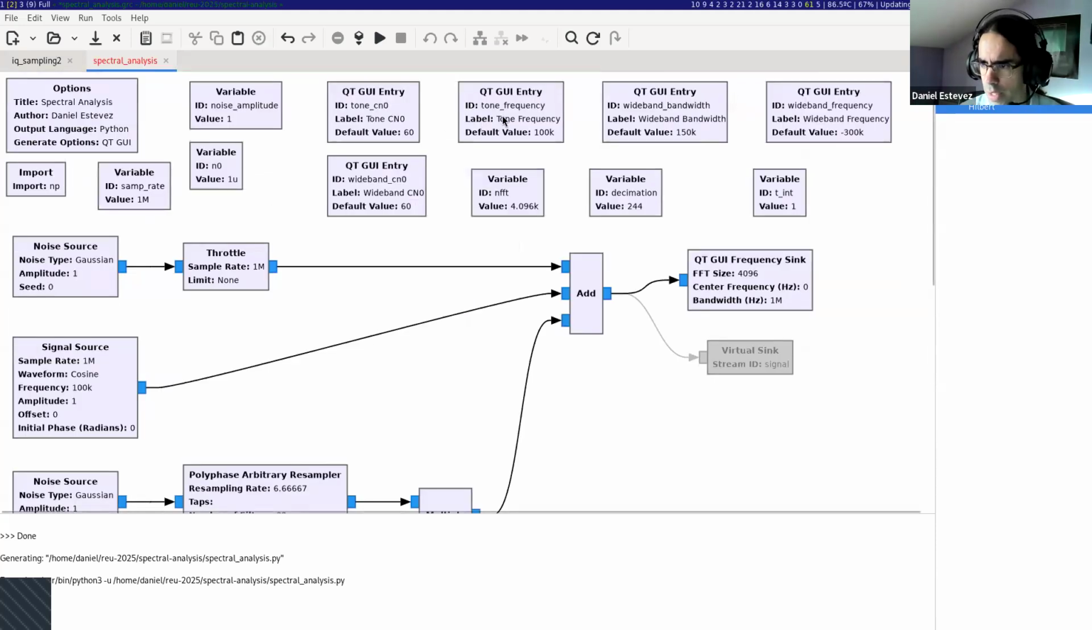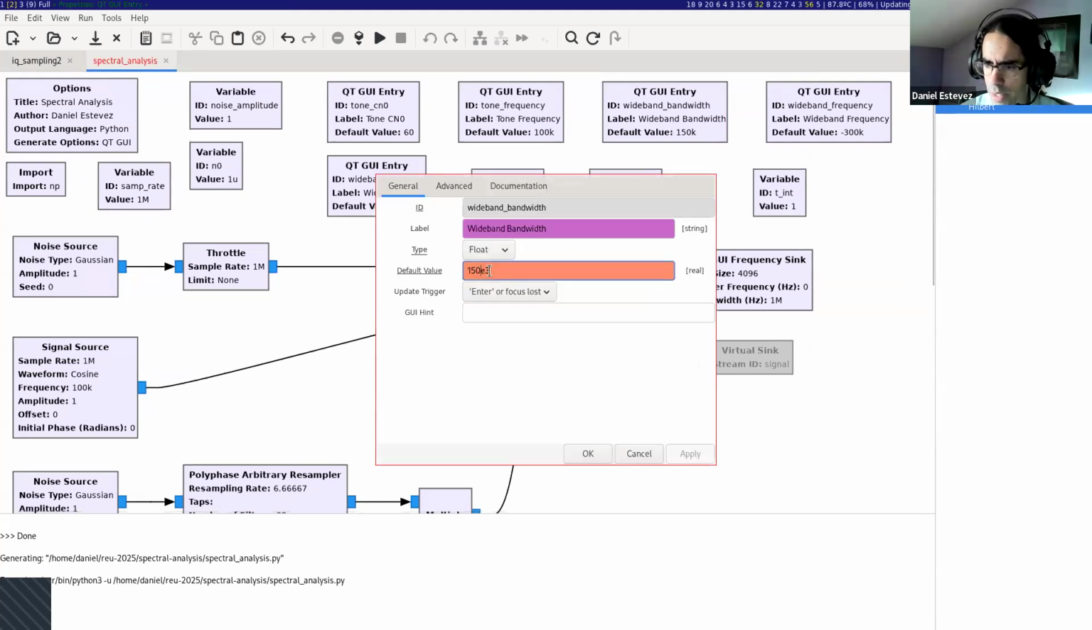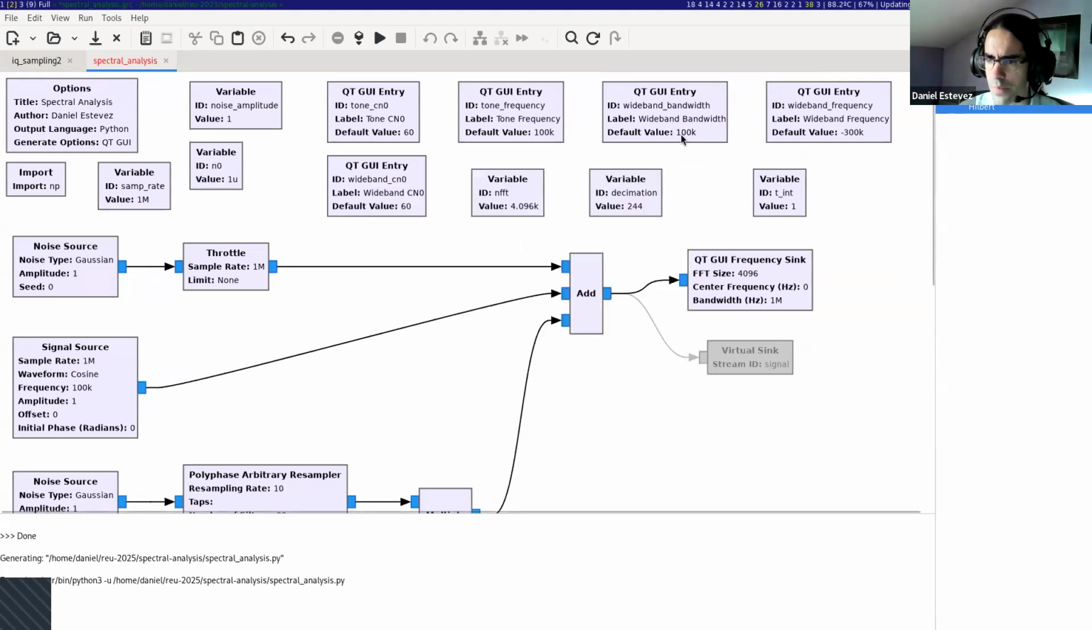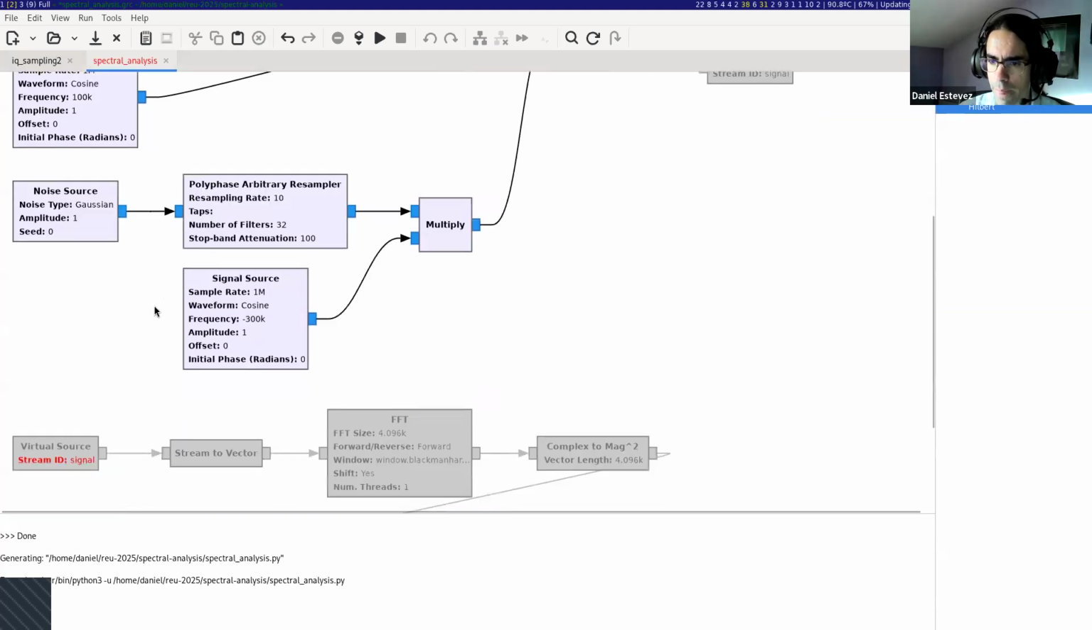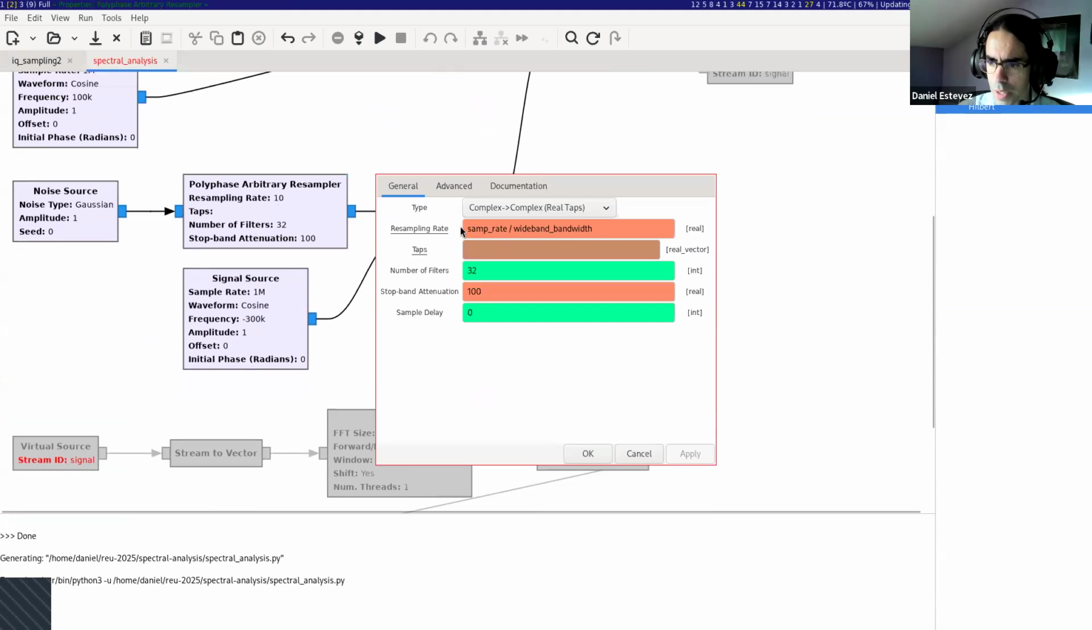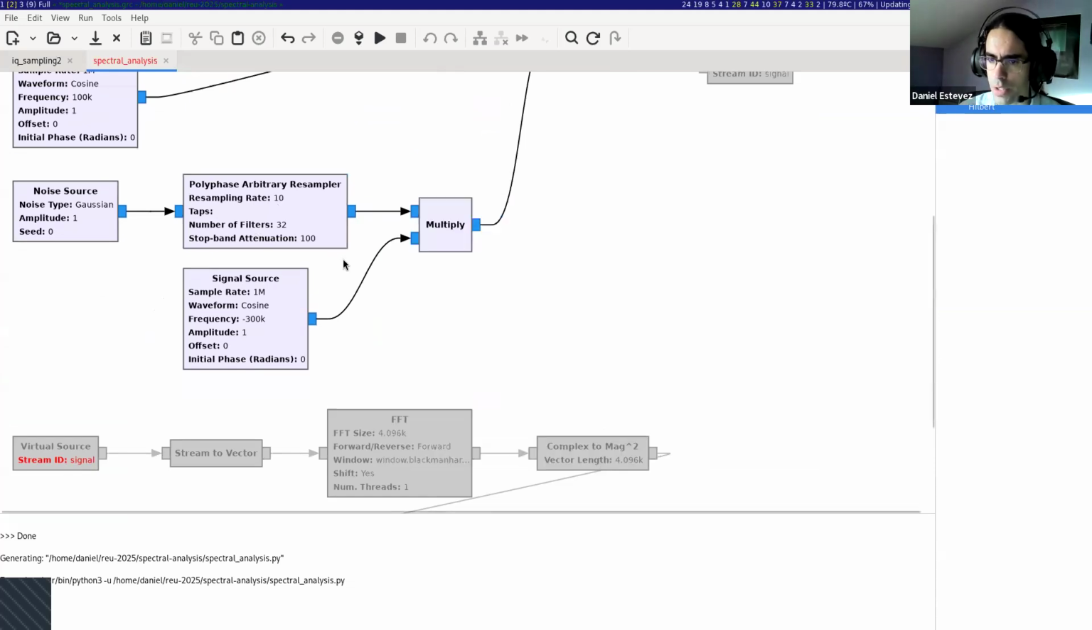Let's do other numbers so that it is simpler. Let me put 100 kilohertz in here. So I want to generate 100 kilohertz of noise, but then I want to put that into 1 megahertz of bandwidth. So now the resampling rate, which is my sample rate divided by the wideband bandwidth, is 10, basically 1 million divided by 100 kilohertz. So I want to convert this noise and put it into something that has 10 times more bandwidth. And this resampler has a filter which basically tries to put 0 in the rest of the